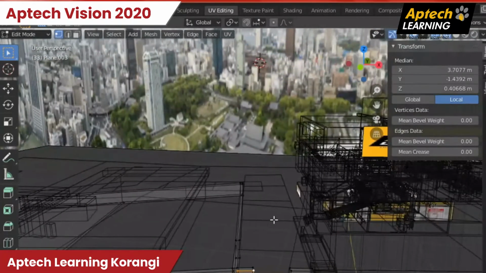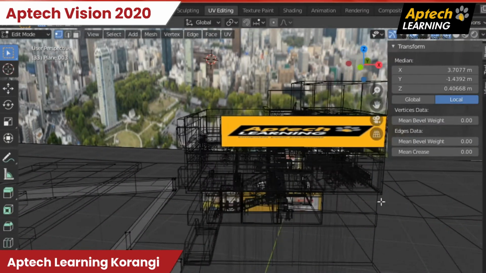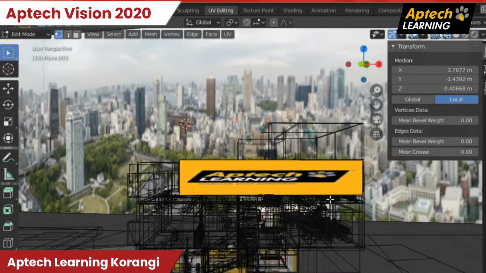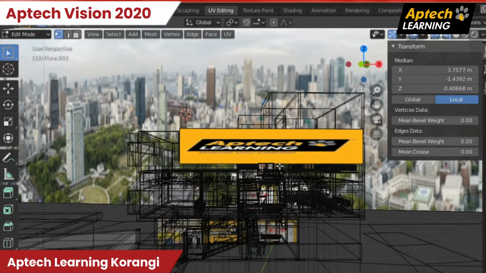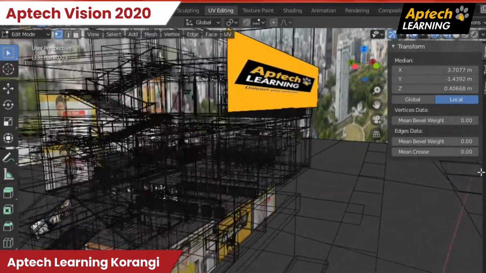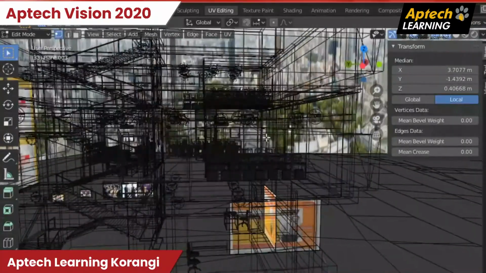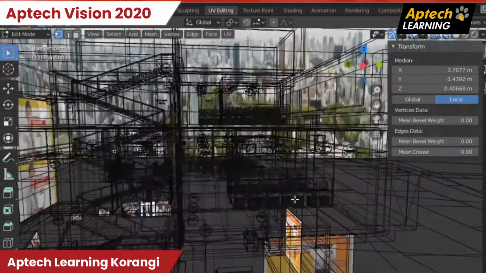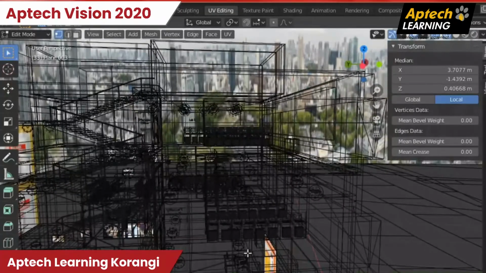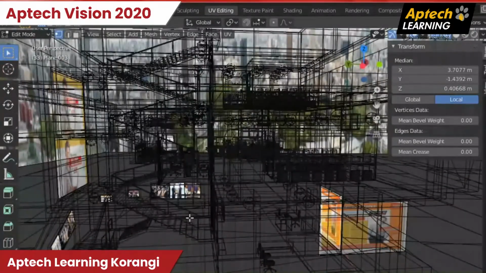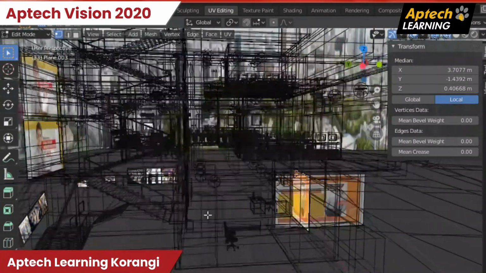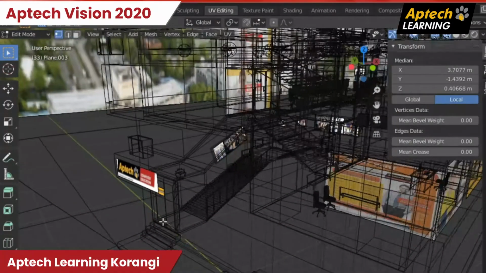Basically, it's an X-ray mode in Blender, which is used to easily manage the settings which are far beyond your vision. So it's easy to manage things while in wireframe mode, and it's an X-ray type of mode. As you can see, our building is fully visible in X-ray mode. We can also see our computers, lighting, staircase. Here is a staircase, here is a down staircase. So we can see everything through it.